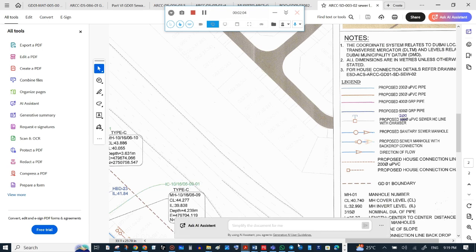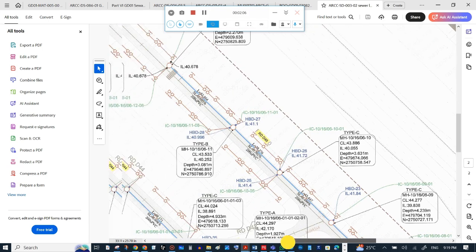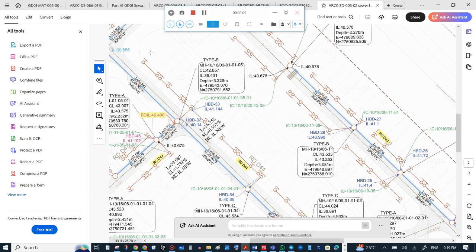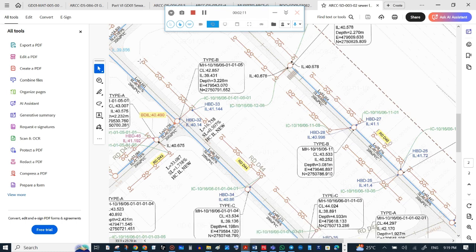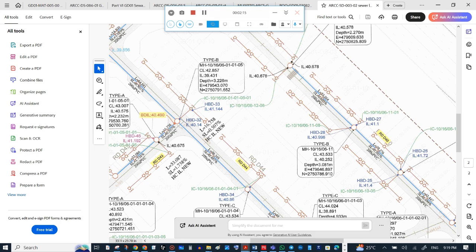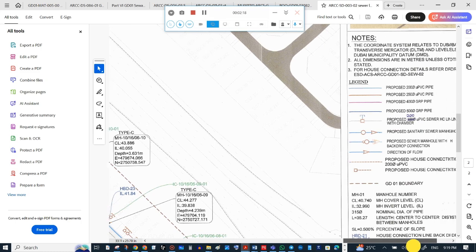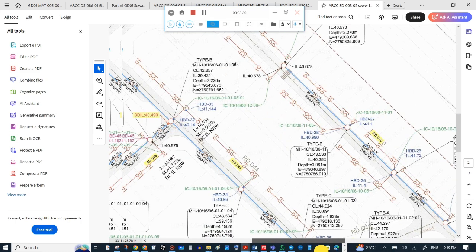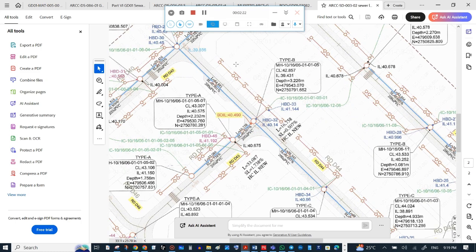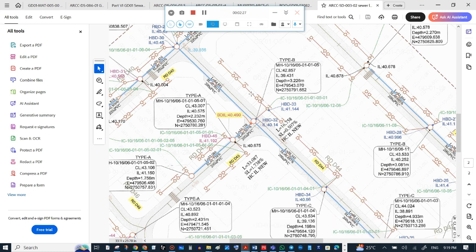So these connections are 200 mm dia UPVC chamber with the house connection chamber. It is in the UPVC chamber. Then this line is connected together, and all these lines are connected together and going to this manhole. This manhole is type B, and